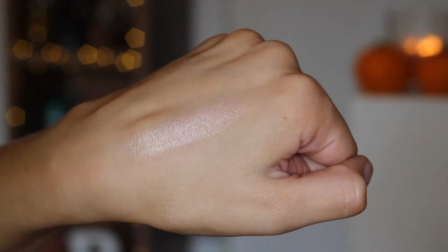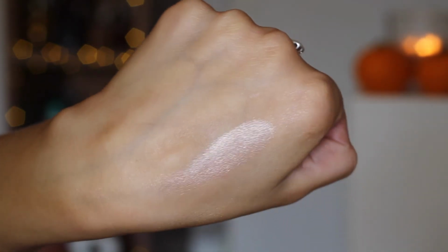Again, I've had this for a long time and it looks like I haven't even used it. I should really use this more often. I think the trick with this one is you have to use the right kind of brush. If you use a fan brush, it picks up too much glitter and makes it sit on top of your cheeks. But if you use a more dense stippling brush,